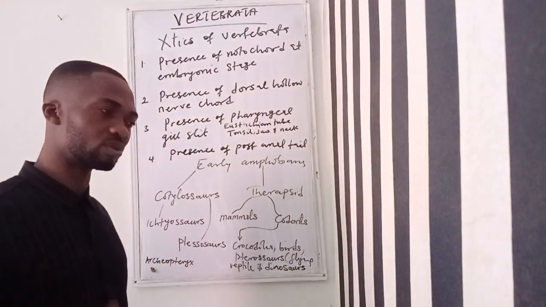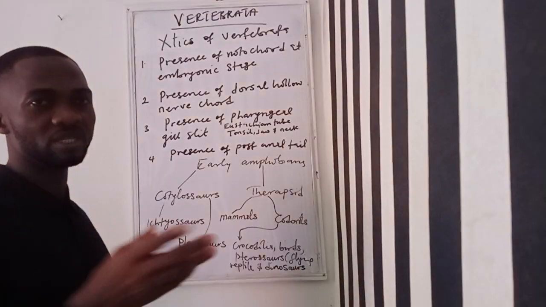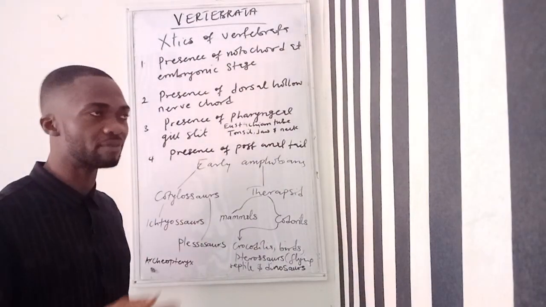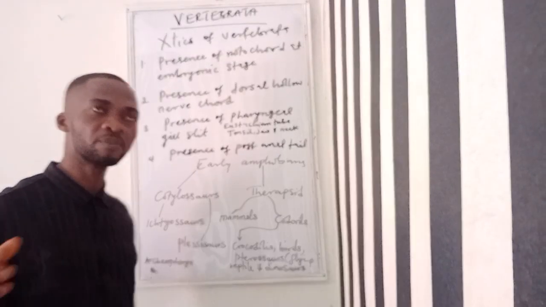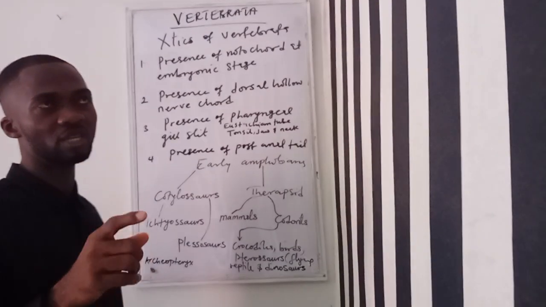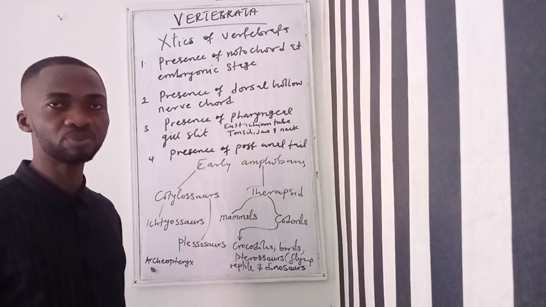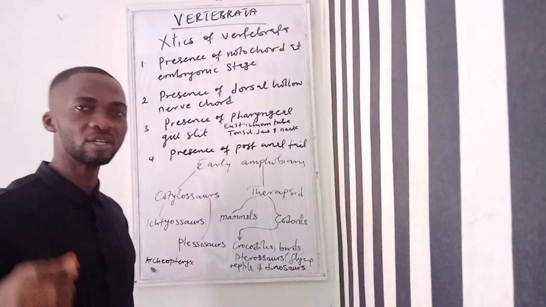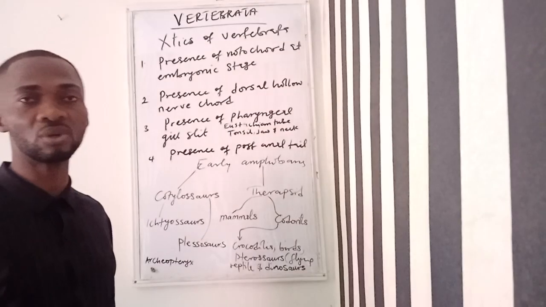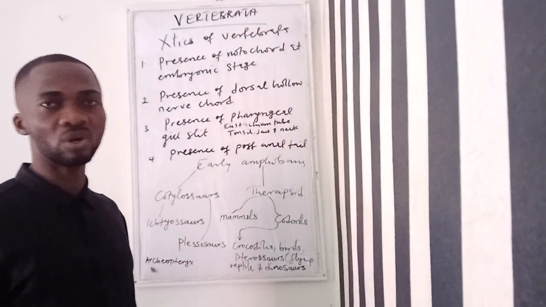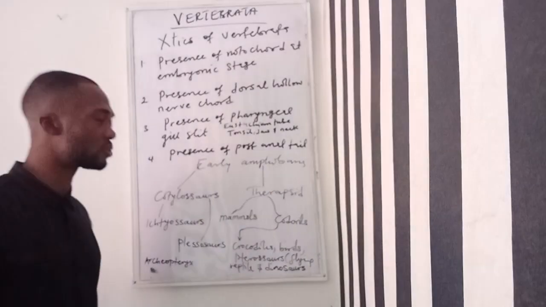When it becomes adult, through metamorphosis, the tail is lost. But the salamander still has it all through their life. Then it's found in all fishes, and found in reptiles. Then when it comes to the aves, you discover that the post-anal tail is reduced. Then when it comes to mammals, it regresses. It's almost lost or transforms into what is called the coccyx or the tailbone. So these are some of the modifications you see.